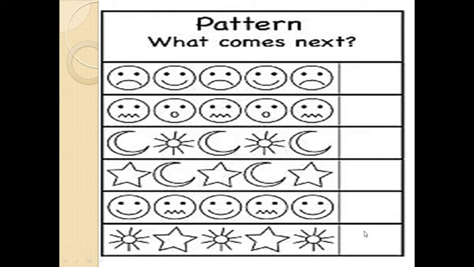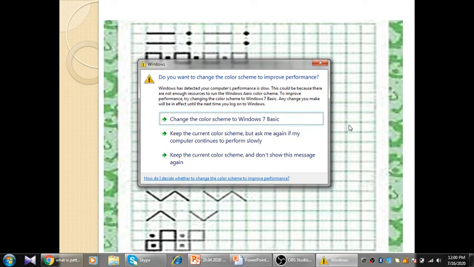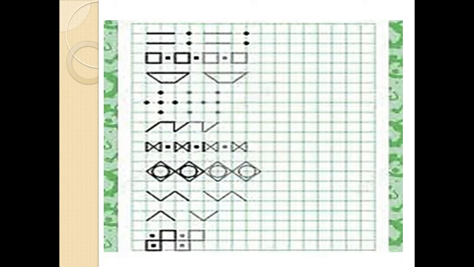You can possibly draw it in the copy. Otherwise, just understand the concept of pattern. See, I am using here even dots and slanting line, standing line, sleeping line, curve. See, so you can make it here also. This work you can try in the maths copy, which is better because it already has square boxes, so it's easy for you. Use a scale and pencil. Then you can color.